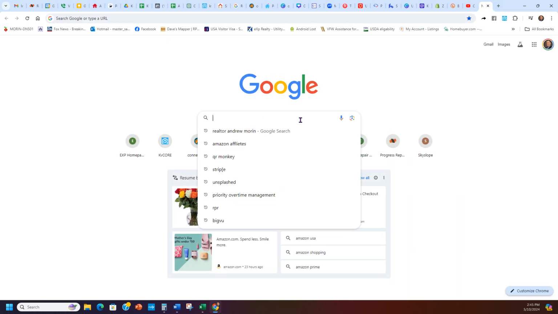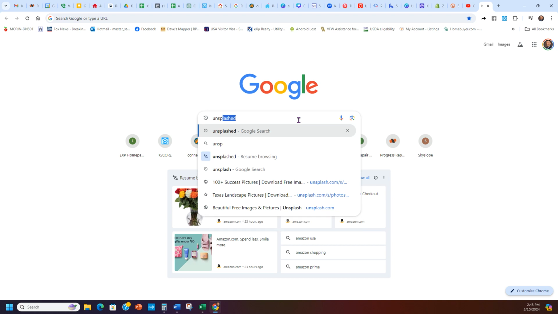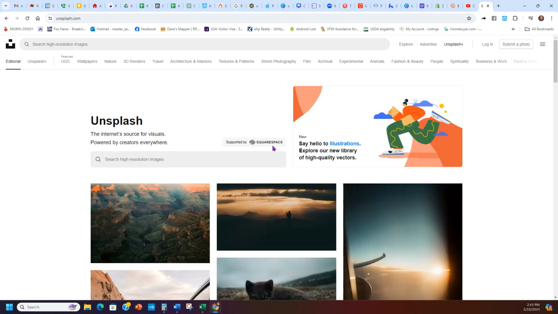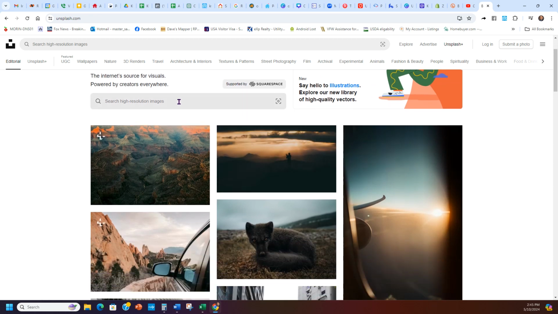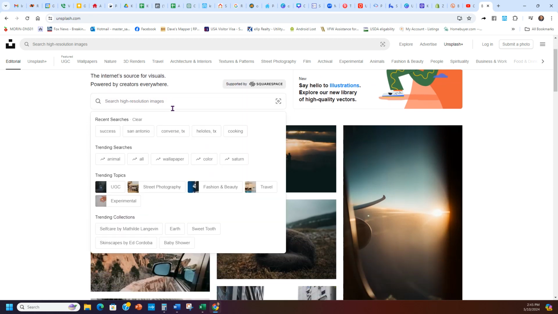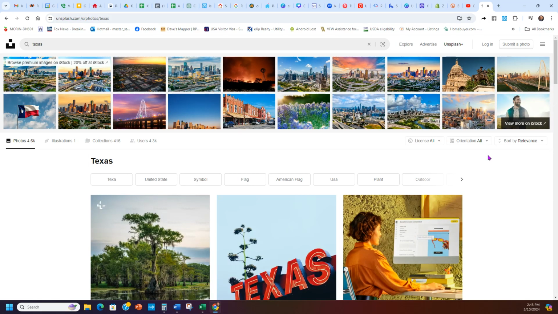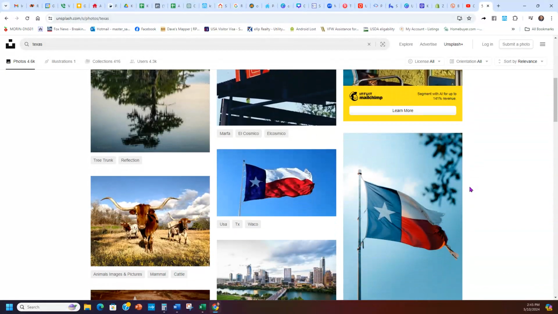So an easy way to get a free picture is to go to Unsplash. If you go to Unsplash, you just open it up. These are free uncopyrighted pictures. I'm going to go here underneath the top, and I'm going to put in Texas. So once I load up Texas, don't go to the first two rows. Those are paid. I'm going to go down,